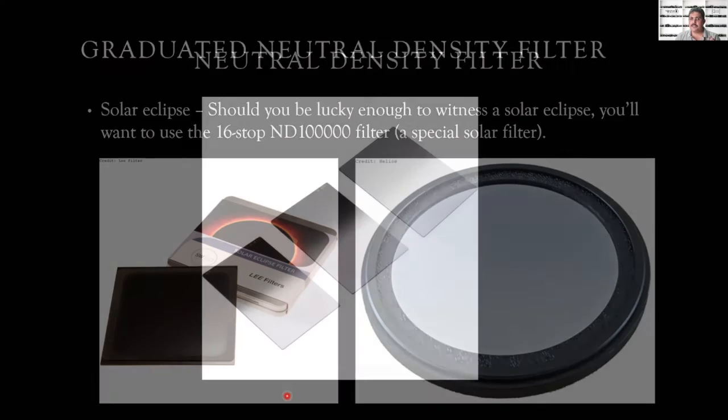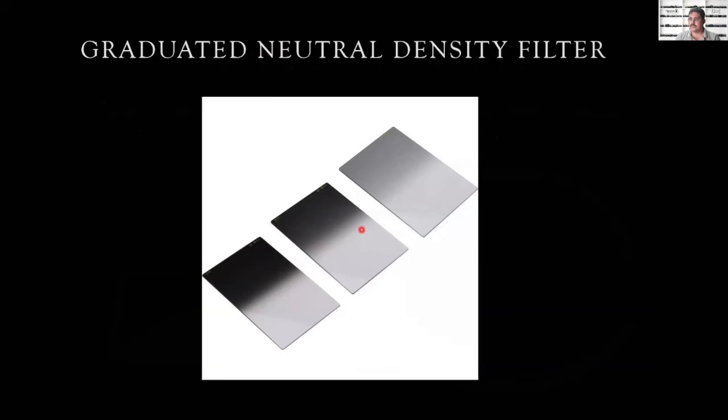A variety of ND filter is called the graduated neutral density filter. This is graduated from one end to the other. They don't come in circular form. They come only in square or rectangle form. You might have noticed when you take landscape photographs, the land is always duller and the sky is always brighter. So in such cases, to darken the sky, you use these filters. This is an example of that sort of filter.